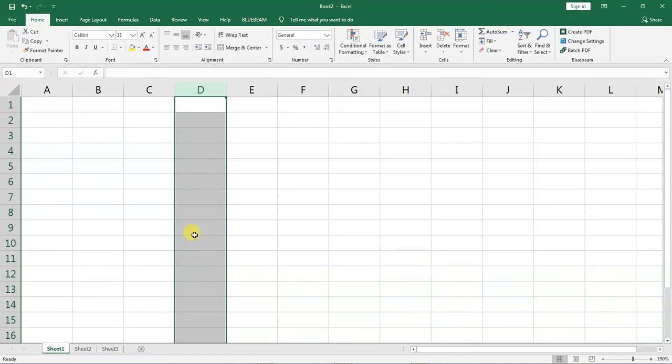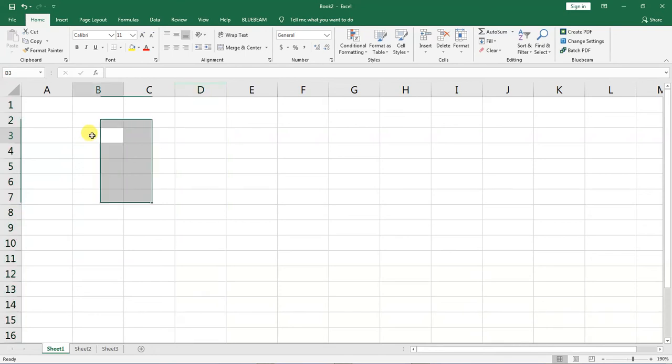Now if you look closely, columns and rows usually have an intersection, and the intersection of a column and a row is what is called in Excel a cell. Like if I click on this cell, you notice that it is an intersection of column B and row 3. Now for us to be able to manipulate cells and